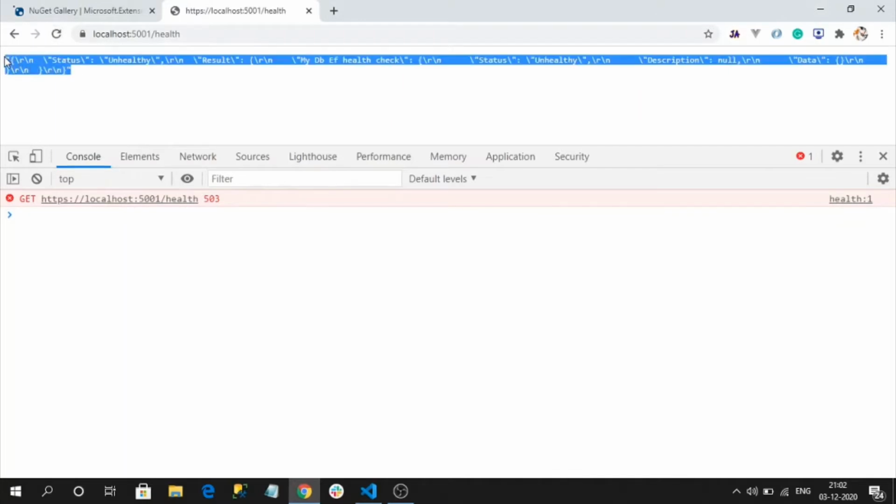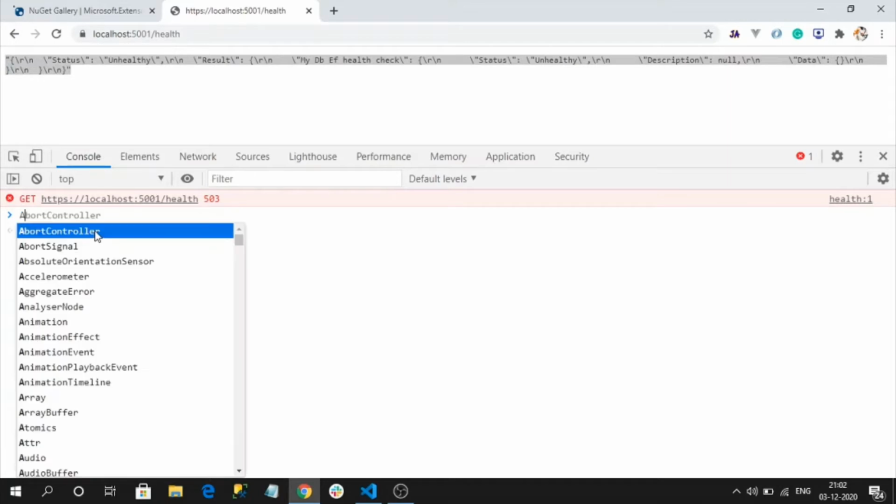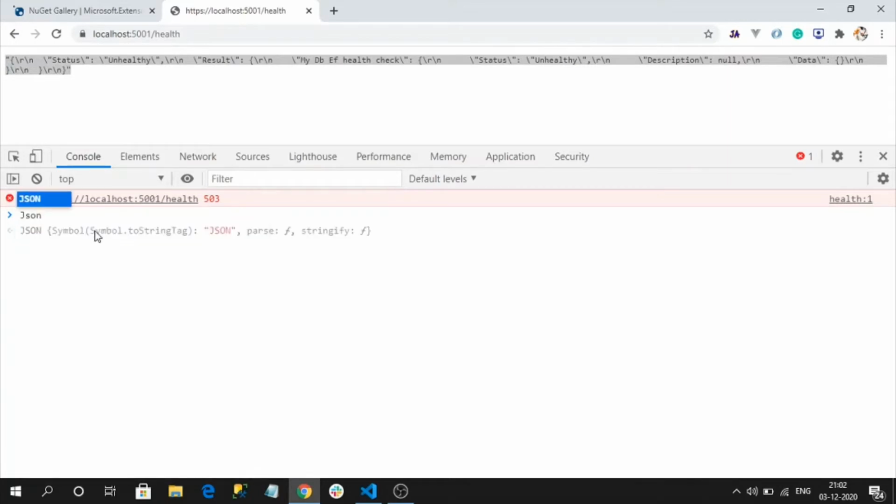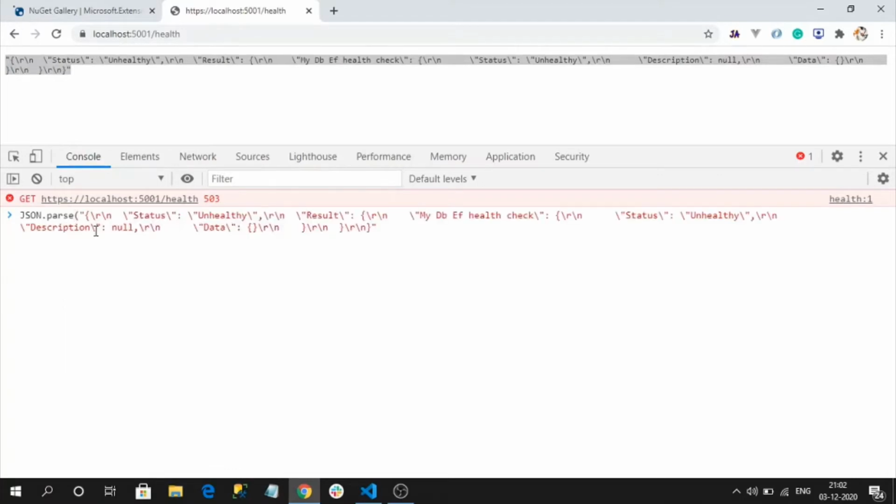Let's see. JSON parser. See, the state is unhealthy because I have given a wrong connection string.